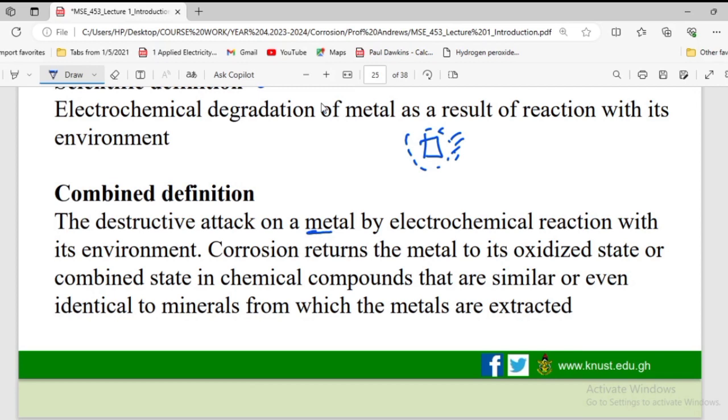But let's note that it's not only metal that corrodes. I explained that we have other materials, ceramics, polymers, and composites, that degrade. We call it degradation. By electrochemical reaction with the environment, corrosion